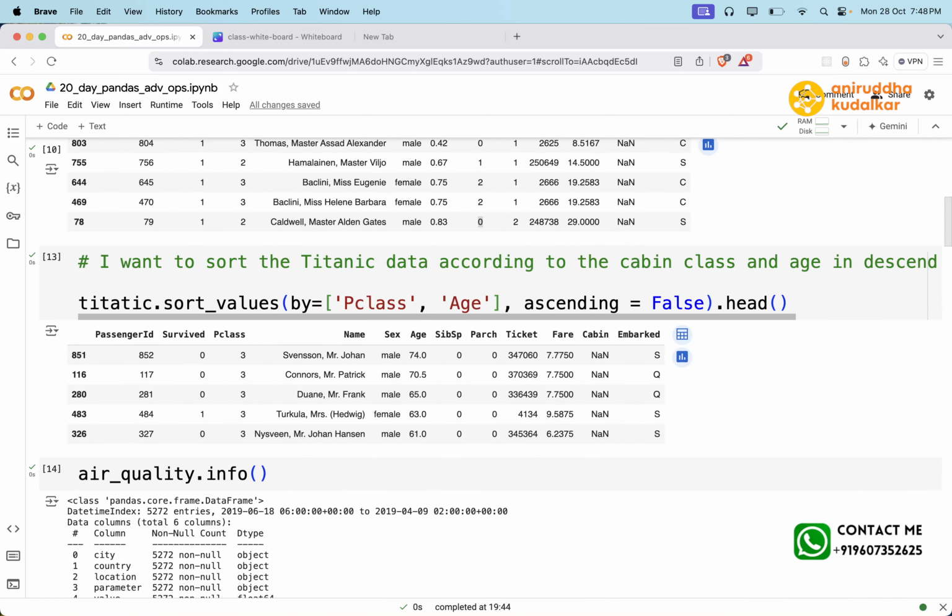So NO2_pivoted is equal to NO2.pivot, columns, location, values equal to value. Okay, and you can print NO2_pivoted.head(). Just run it. Remember that here we are using, if you go in the really beginning,